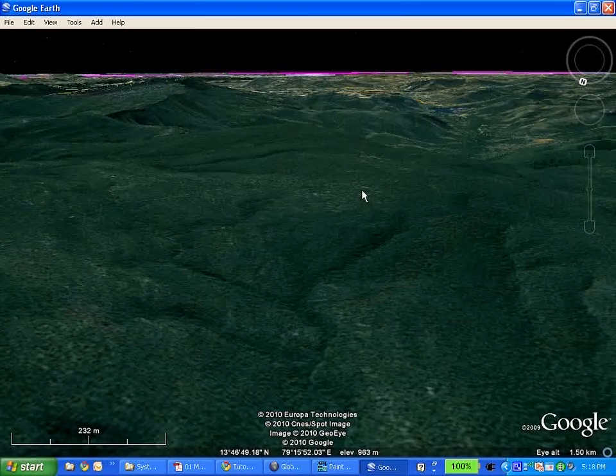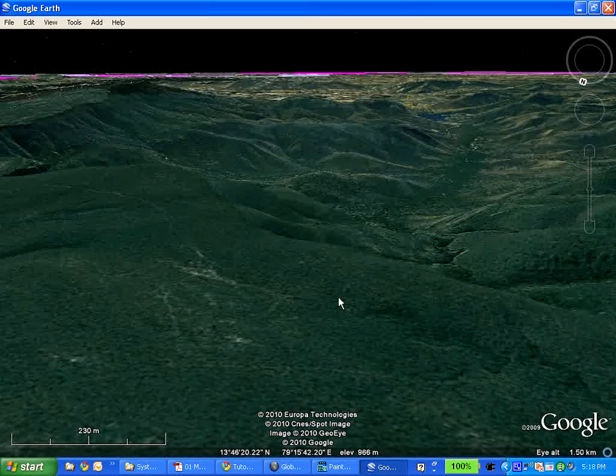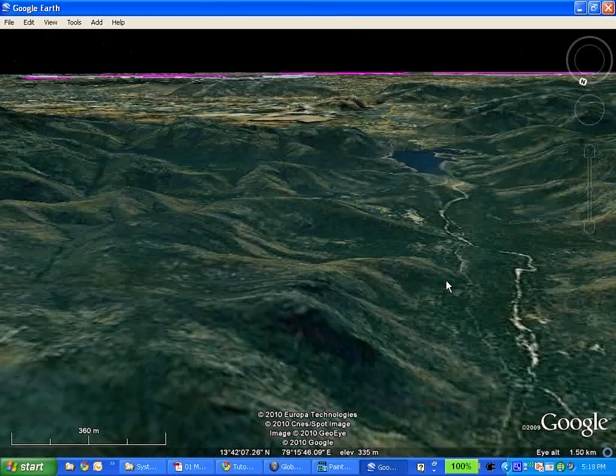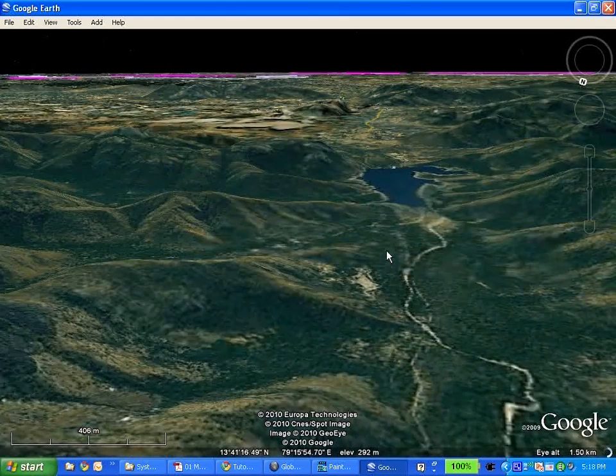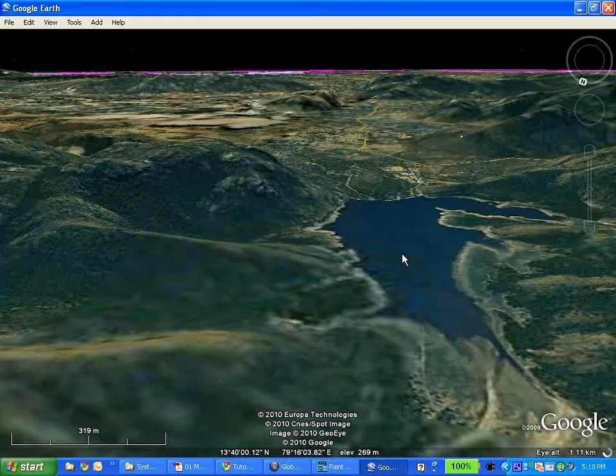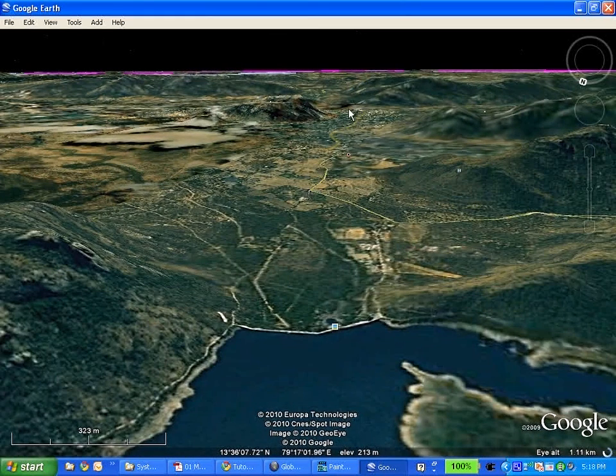So here again, on the edge of the hill, you will always get these stream formations, which will be going in the valleys. Typically in Andhra, they do a lot of these dam constructions. So here we get into a dam, and then you can see here are the roads again, the villages and all that stuff. So Google Earth is quite nice, gives you a 3